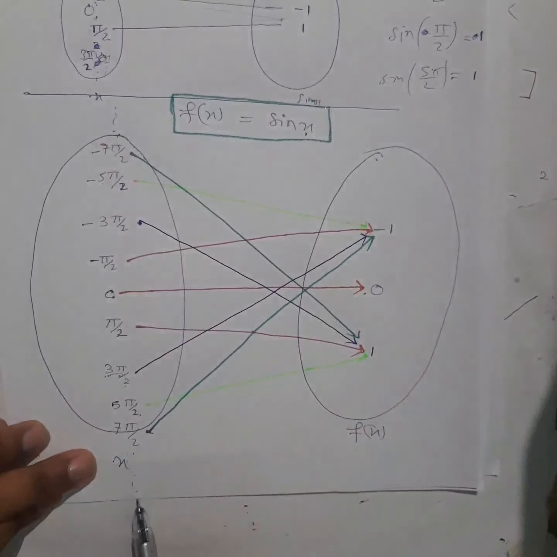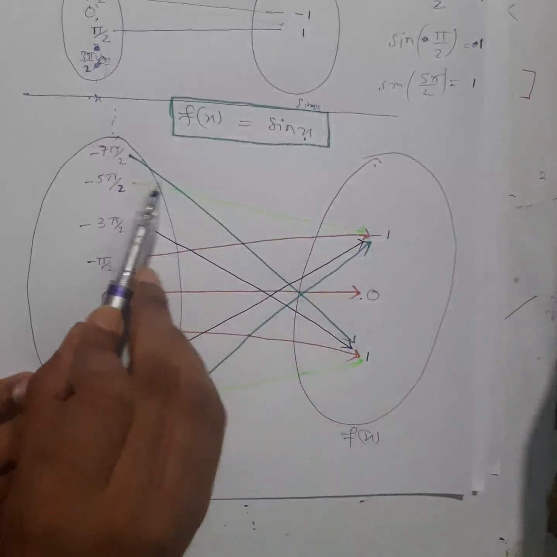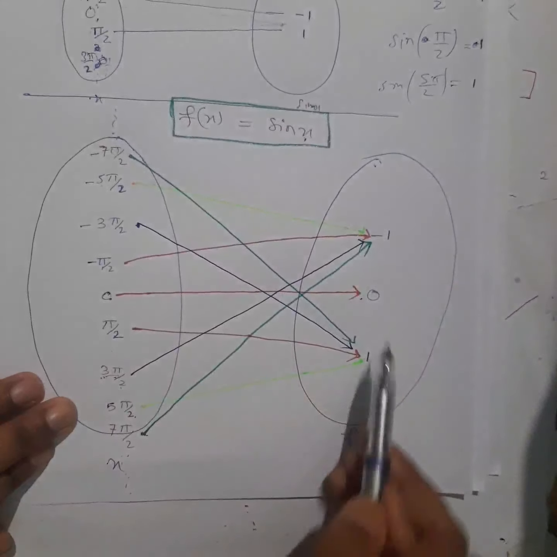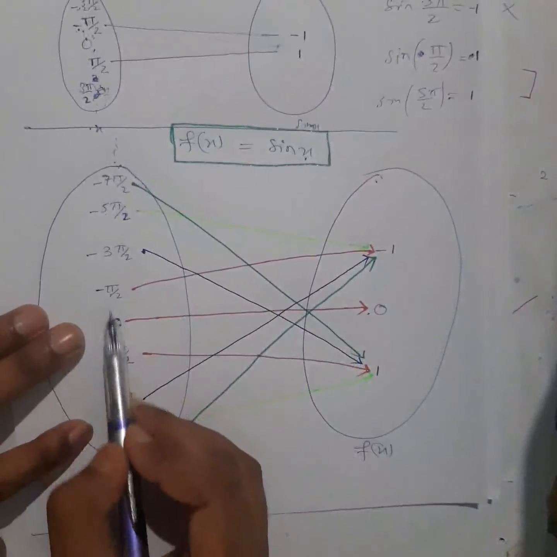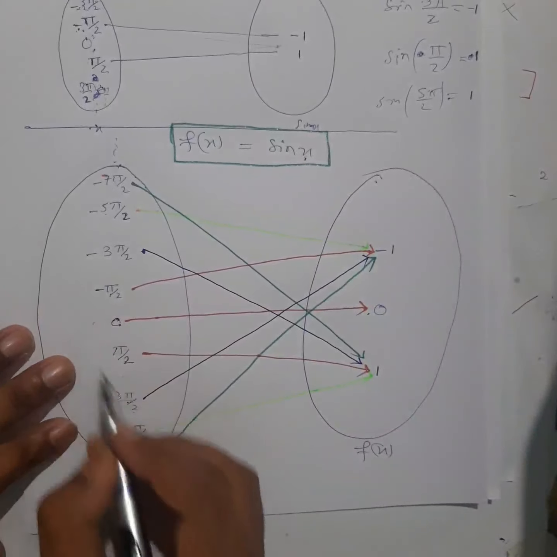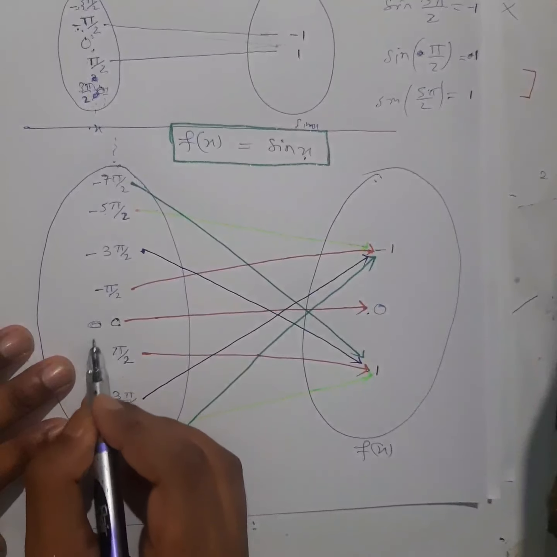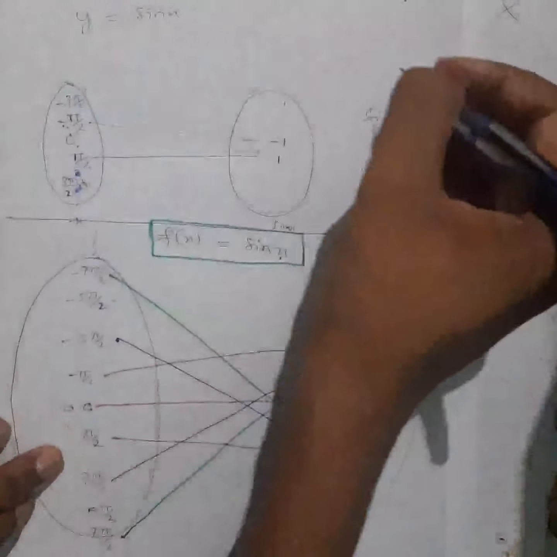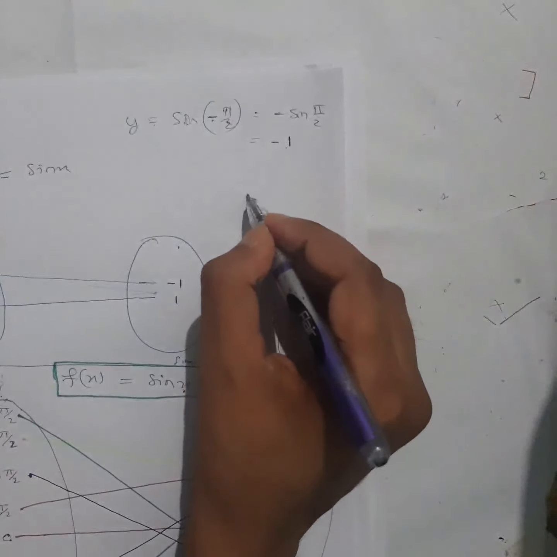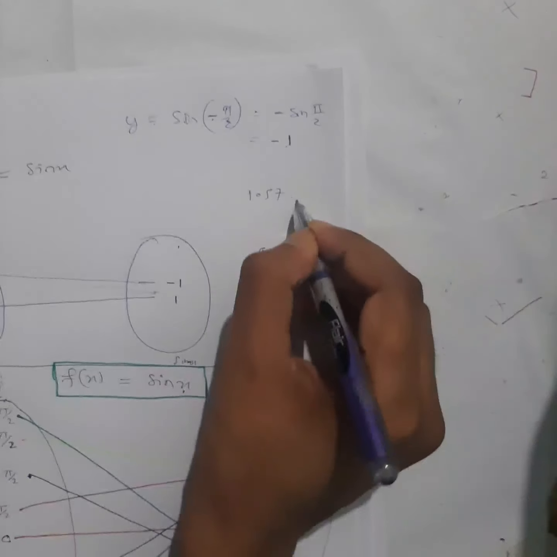So if you keep on moving here, you will see that you will either get minus 1 or 1, or between this. Whatever real value you take. Now why am I saying this real value? This is nothing but a real number only: 0, 1, 2, 3 like that. So pi by 2, what is the value? If you want to find it in terms of a real number, you will get 1.57 something like that.